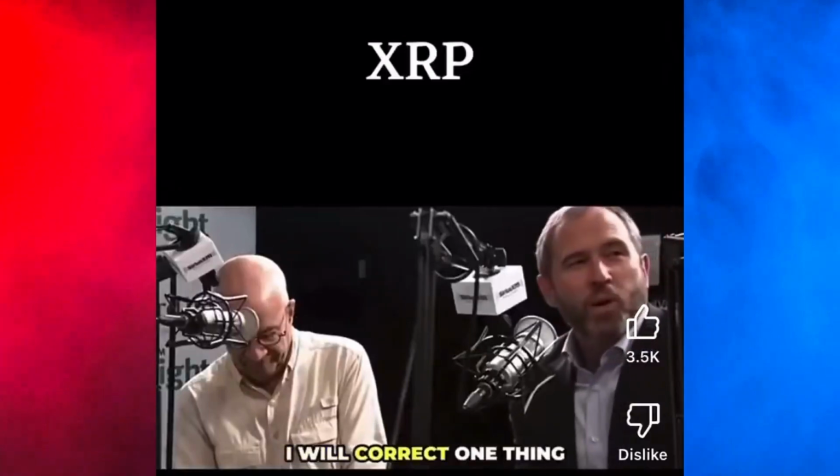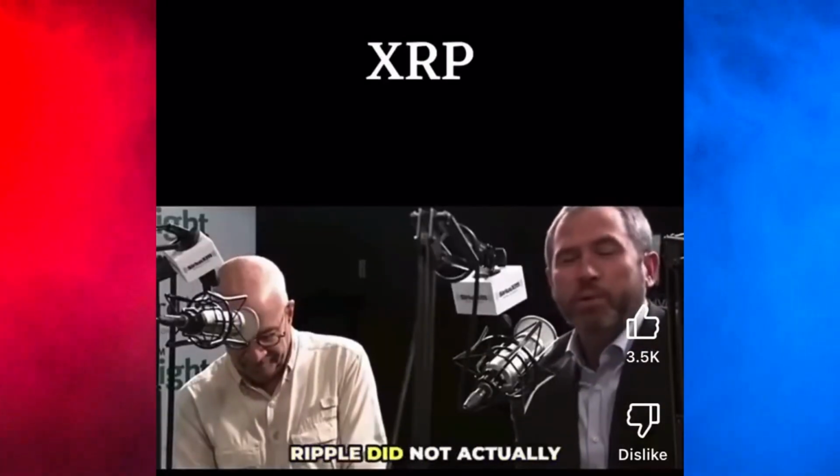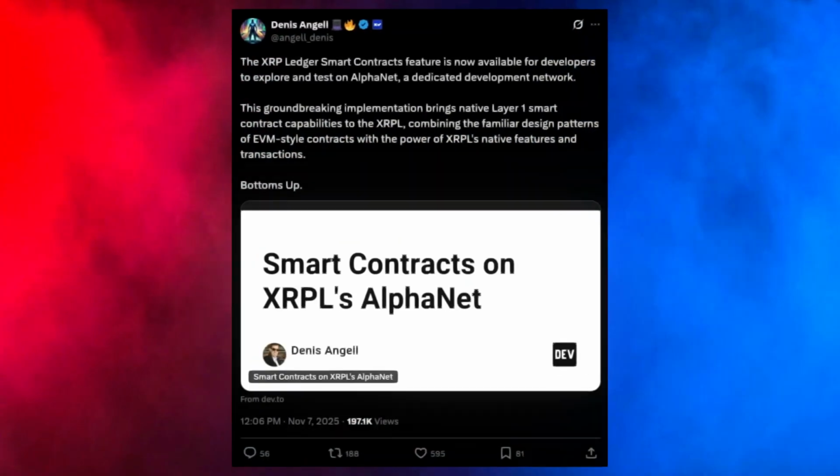I will correct one thing right out of the gates. Ripple did not actually... If I issue... care. In today's payment world, the standards are really different around the world. So if you're...